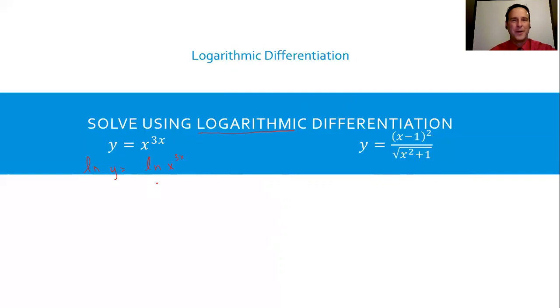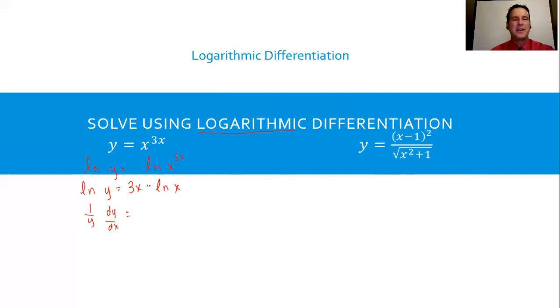Okay, and why do I do that? Well, the big reason is that by rule, I'm allowed to take this power and move it to the front. And that's the only way I can get rid of a power like that. Okay, so from here, you can take a derivative pretty cleanly, all right? So the derivative of the natural log of y is 1 over y dy dx